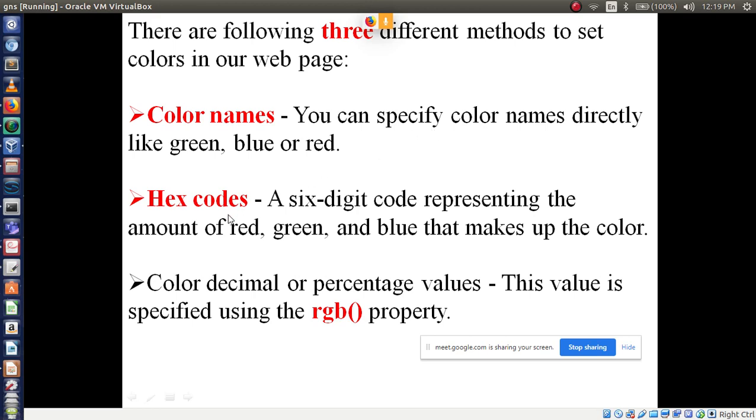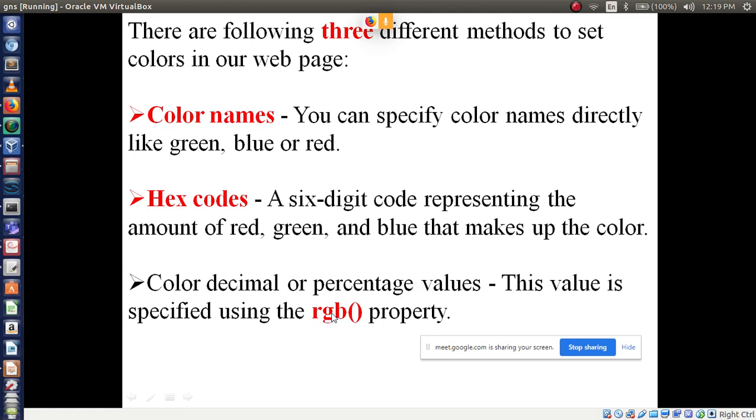Another method is hexacodes, a 6-digit code representing the amount of red, green and blue that makes up the color. And the third method is color decimal or percentage values. These values you can apply using the RGB method.